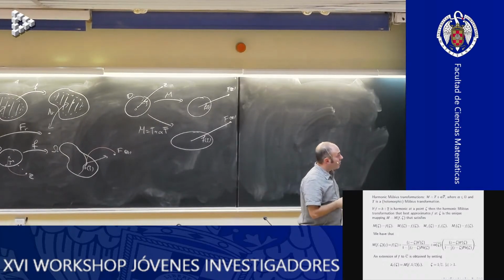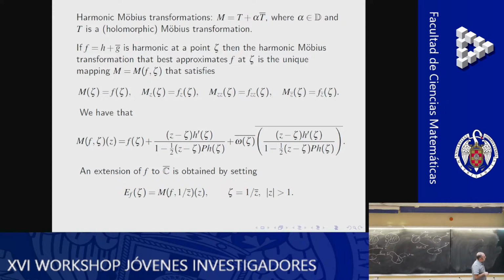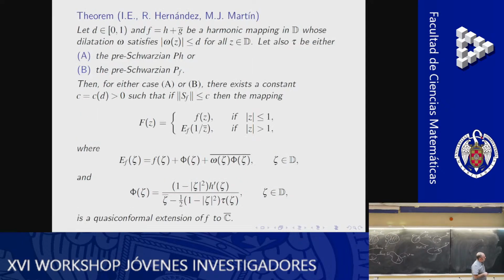Now I'll turn the page and show you the theorem, in which, just to help you read it, this whole expression will be called capital Phi. So here I'll be having, sorry, I said F, capital Phi. So F plus phi plus omega bar phi bar. And note that at the denominator I have the Schwarzian of the analytic part, h. Okay. So what I've said here is F plus phi plus omega bar phi bar. And this is the expression at the denominator having a tau here, which will take 2 values, either the Schwarzian of h or the Schwarzian of f.